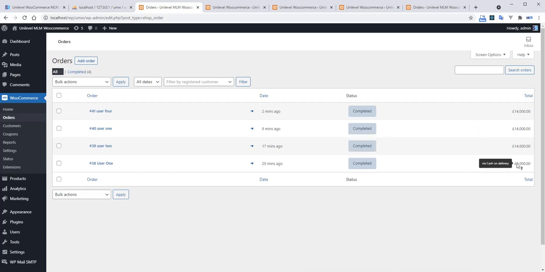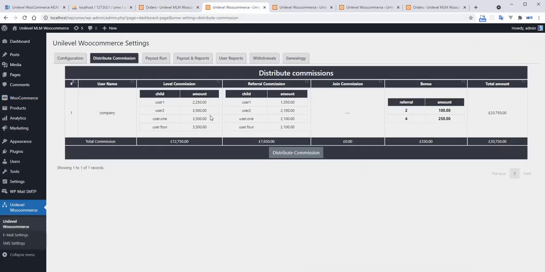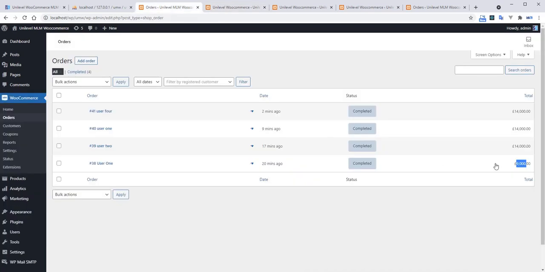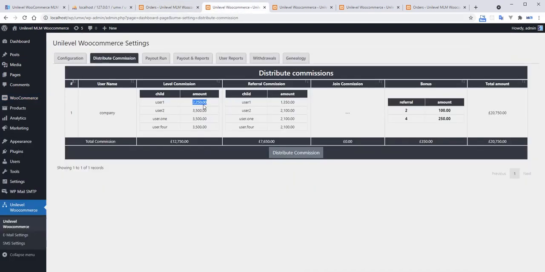User 1 placed a 9,000 order, user 2 14,000, user 3 14,000, and user 4 also placed a 14,000 euro order. For the level commission, 25% of the first level: on 9,000, 25% equals 2,250. Similarly, 3,500 is 25% of 14,000.